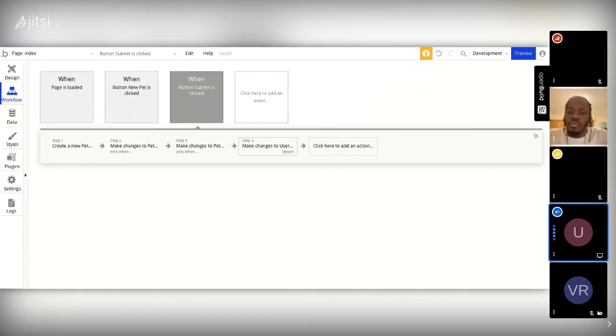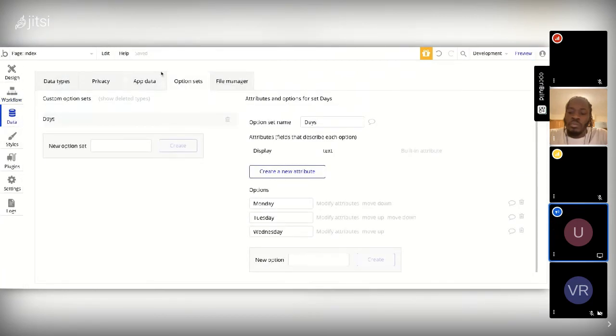So we go to new pet, and we're going to call the pet Ruby, and we're going to say she is 5, and that she is a dog, and that the owner is Uri, and click submit. Now we didn't do anything to show us that it actually submitted. So from a user experience perspective, you probably want an alert to pop up saying successful submission or something like that. But I know that I hit submit, so now we're going to go back to the database and check